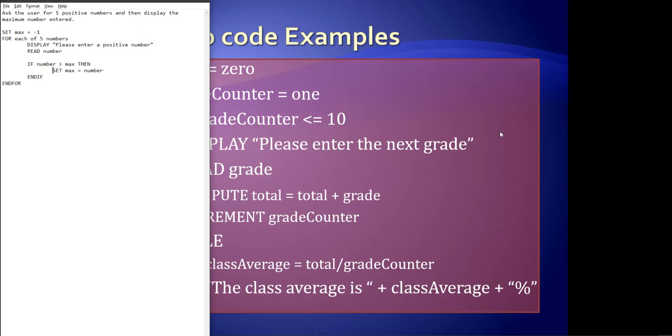Now, I didn't say compute because I'm not actually calculating anything. I'm just setting a value. There's no calculation here. It's just assigning a value. Okay. I don't need to do anything else there because if we look at this logic, it's going to say